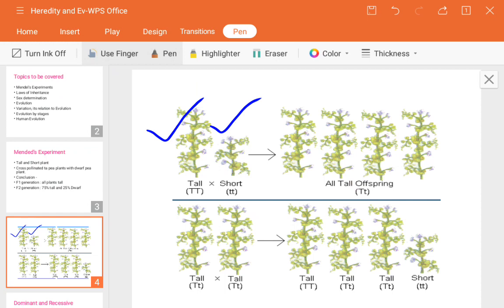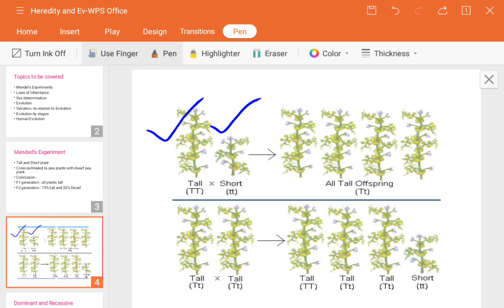Suppose the tall plant has the male gamete and the shorter one has the female part, that is the stigma. We know that the pollen grains are present on the surface of the anther, the male part. The anther has pollen grains which are going to be transferred to the stigma of the female flower. The same thing he did: he dusted some pollen grains of the tall plant onto the short plant, that is the dwarf pea plant. So it means cross pollination has taken place, is it?